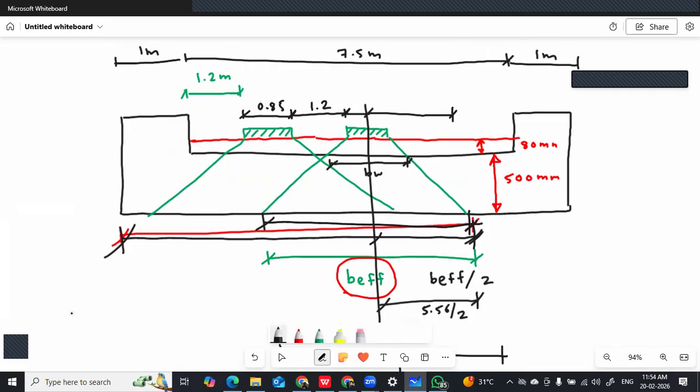So I will write here total dispersion along the width. See, already we have calculated total dispersion along the length, and that is very easy stuff. And this is something which is very complicated, finding total dispersion along the width. Okay, so I will write here total dispersion along the width equals, see, B effective